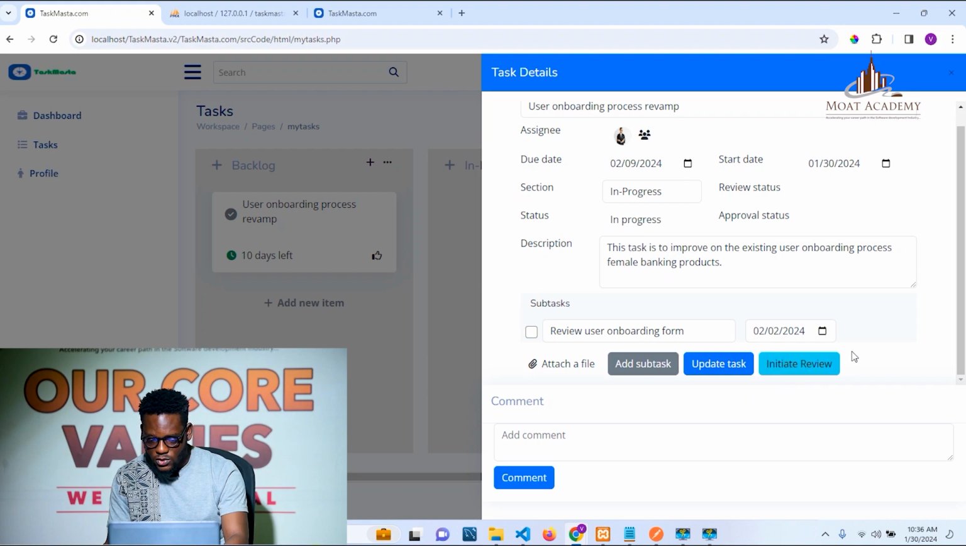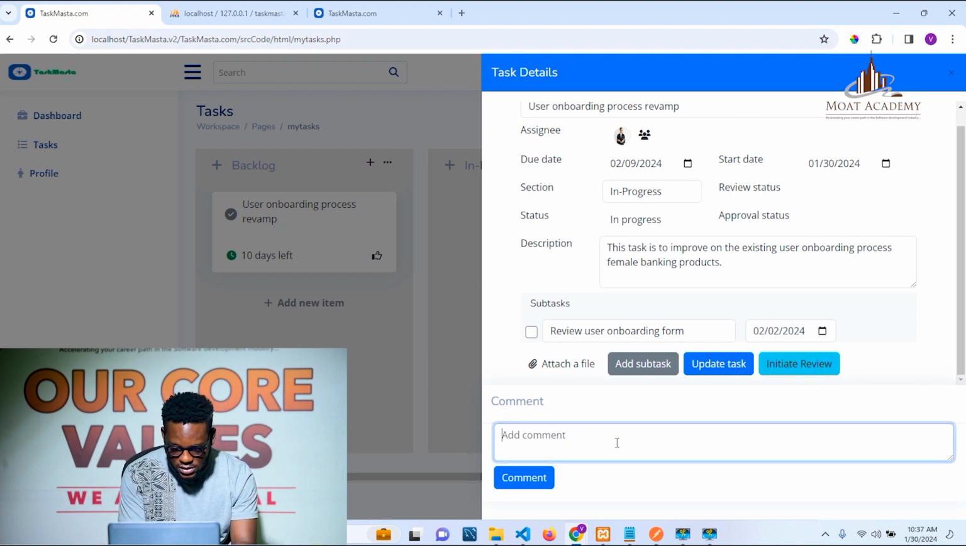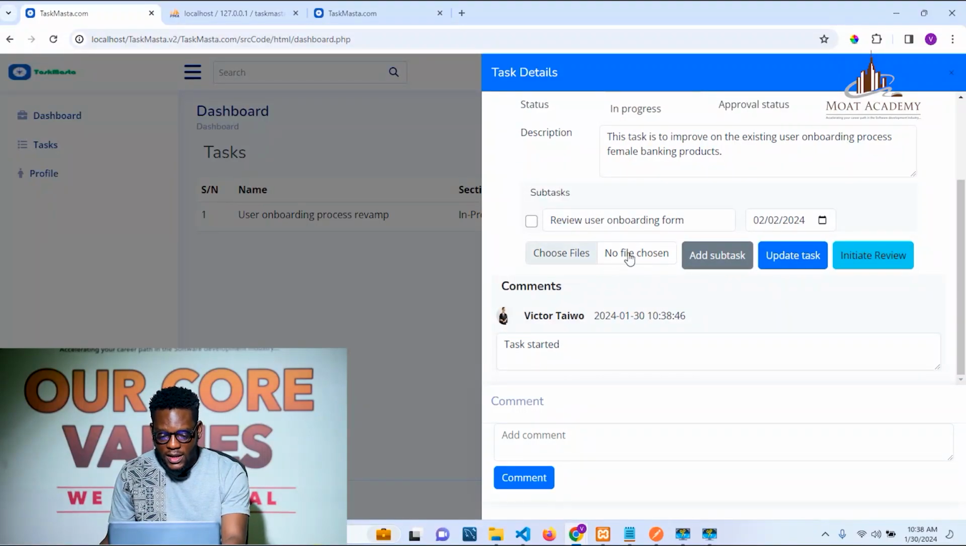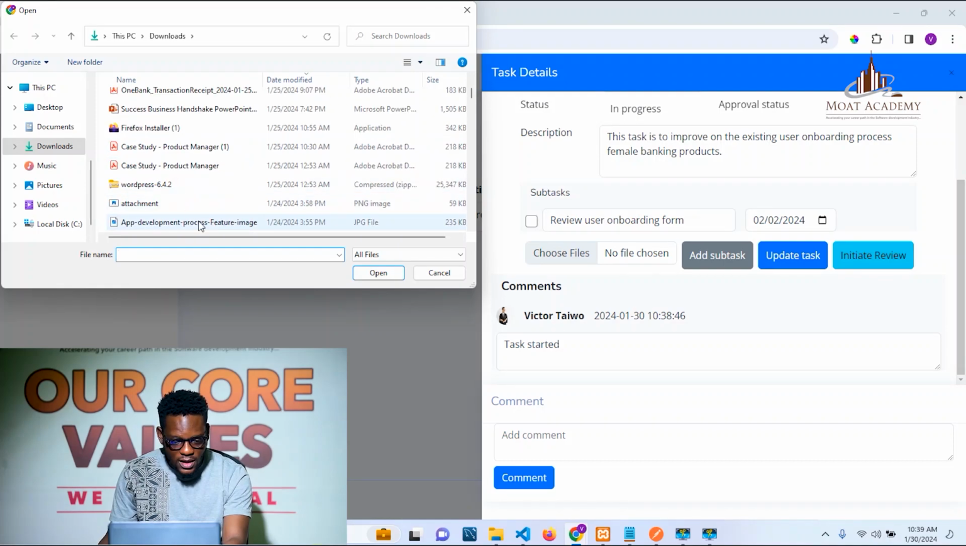Okay, I can move on to add a comment. Let's say task started, and all existing forms retrieved. Okay, so I would attach a file to this task by clicking on attach file, then select the